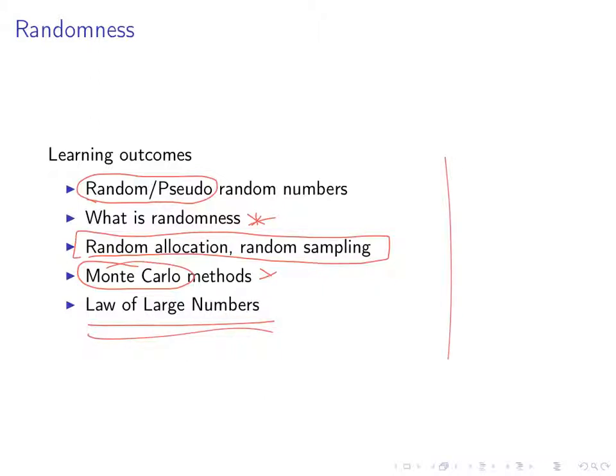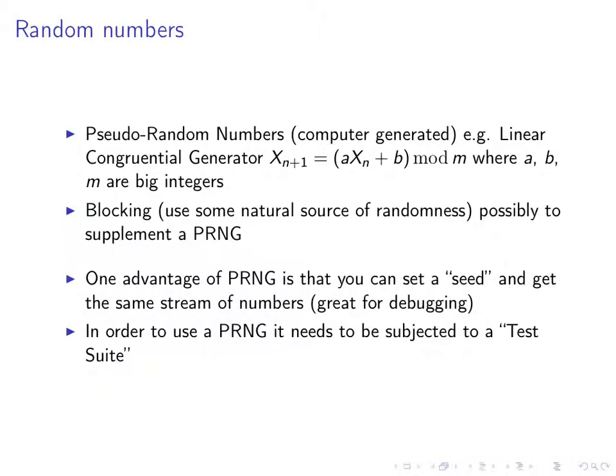So those are the ideas we want to take out of the week. The first thing is to point out that what we get out of a computer when we generate what we call a random number is actually a pseudo-random number. I gave one example of the kind of algorithm that does it in the lecture, but the point was to say that it's a deterministic system. So if we use the same start points, we're always going to get the same stream